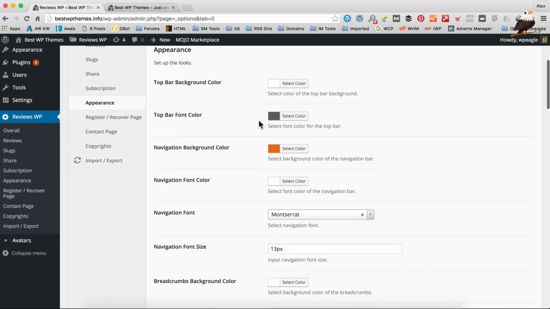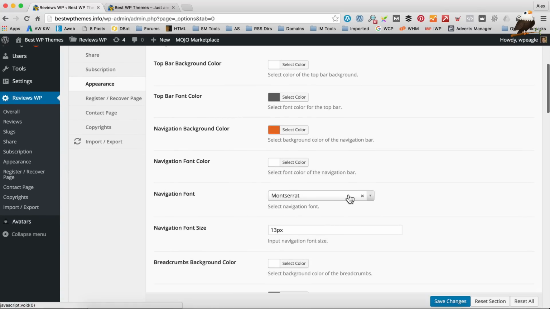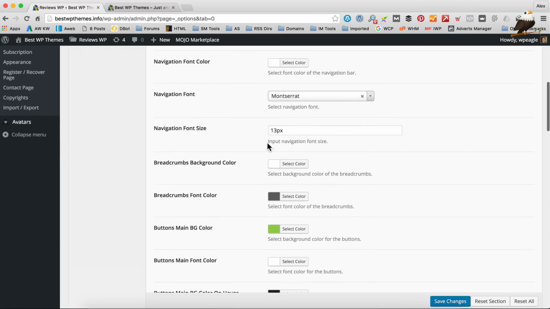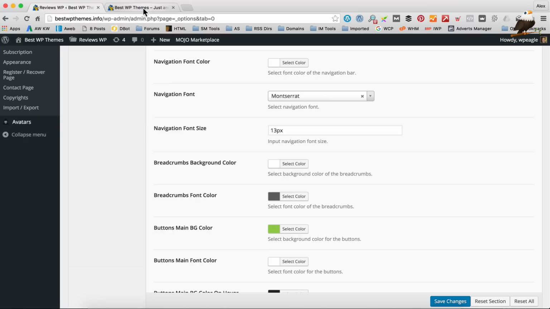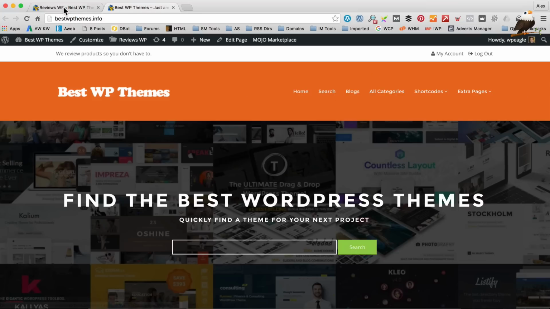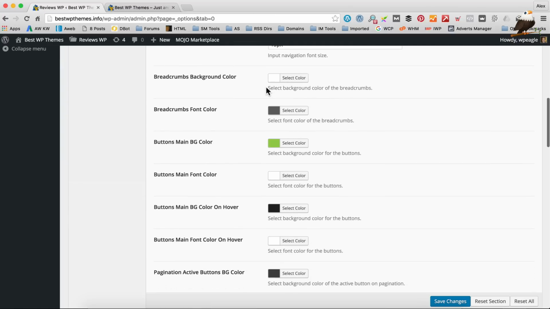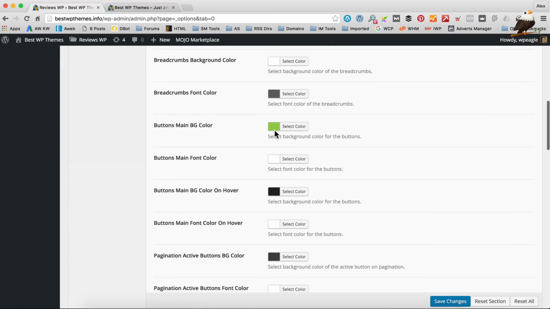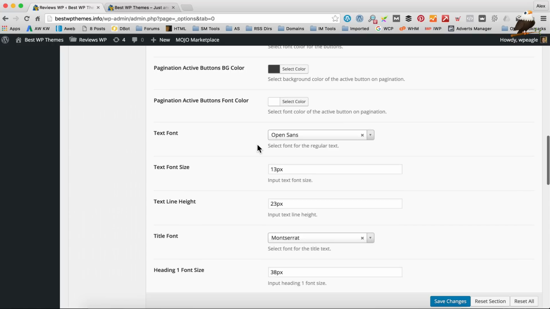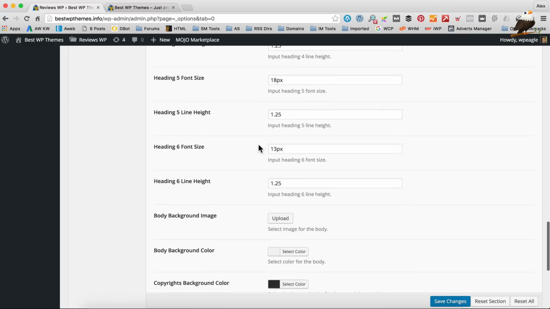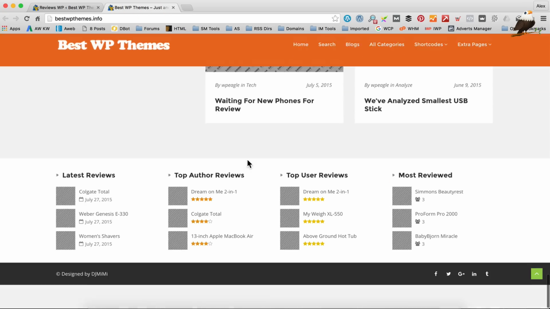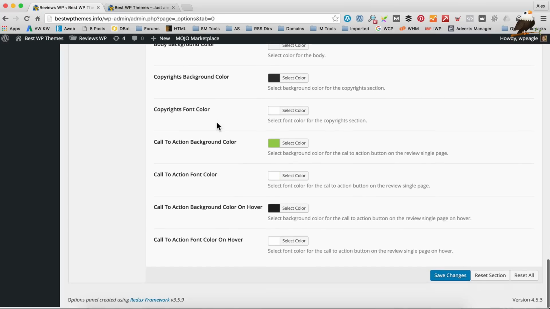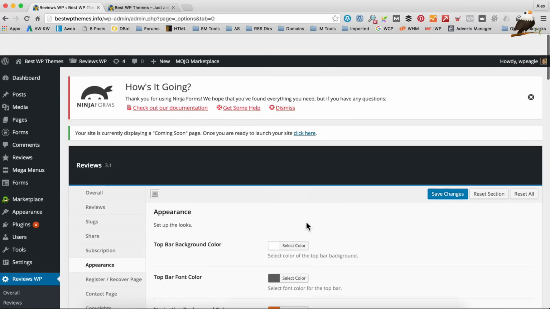Okay, so as you can see in here, there are loads of settings. So in terms of we can set fonts, we can set font sizes. This is to do with the navigation. Again, this bit here is the navigation, obviously where all the links to the different pages are. And we will go around customizing this in a second. I'll show you how to change that. And then down here we've got some more colors. So the breadcrumbs, background color, the buttons, all sorts of things. I won't go through and change all of these right now. I probably won't need to, because a lot of them are fine as they are. But just so you know, they're all in here, and it's very, very easy just to change the colors. So the copyright's background color, that's the bit right down the bottom here. You can change that. Basically, you could change all the colors and font sizes that you like in here, which